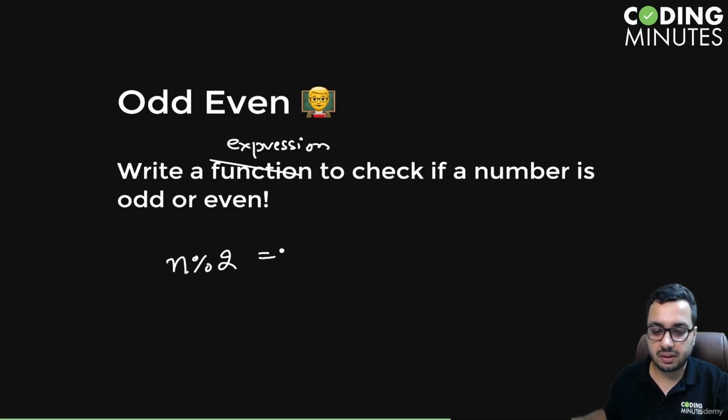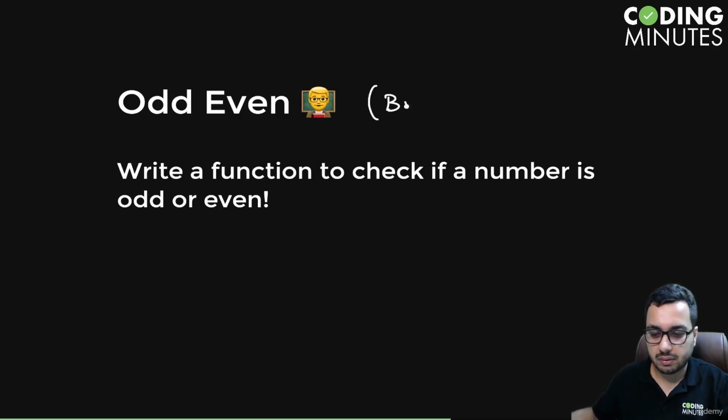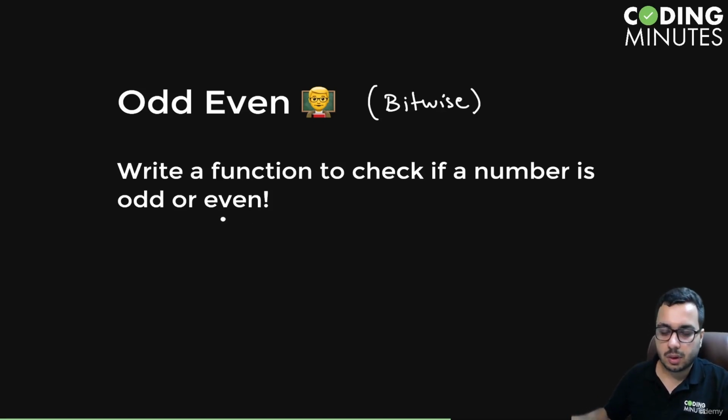If this gives us 0, then we can say the number is even. If it gives us 1, the number is odd, okay. But since we are learning about bitwise operators, we want to solve this problem using a bitwise operator. So one thing you will observe is